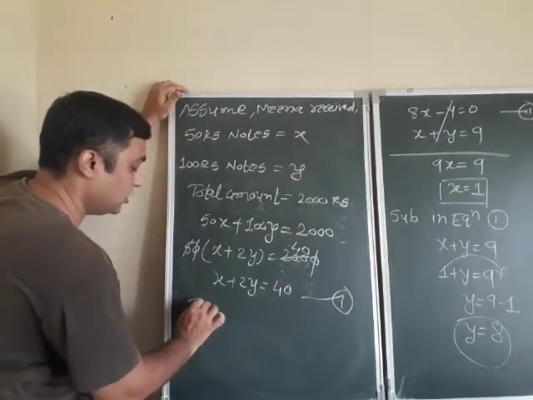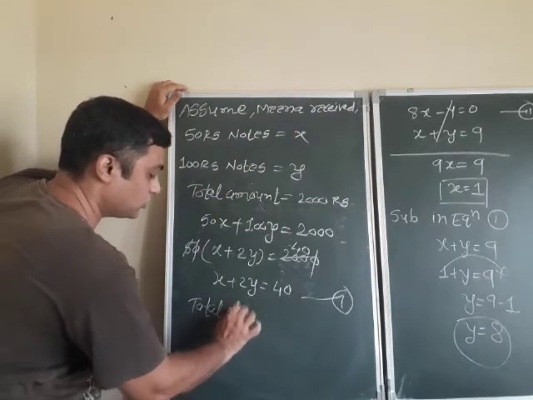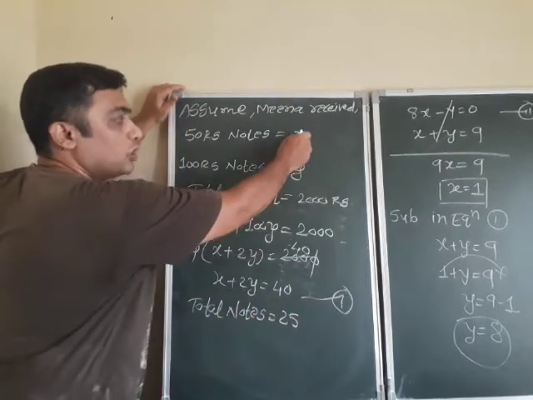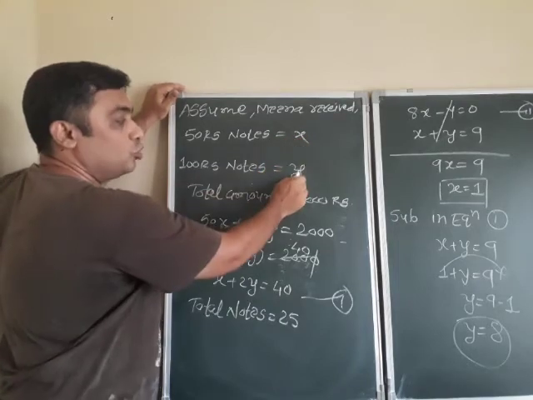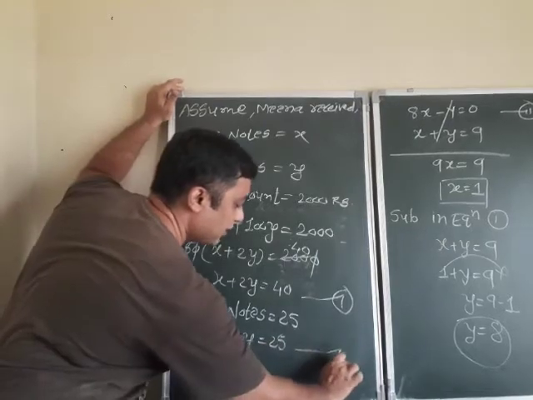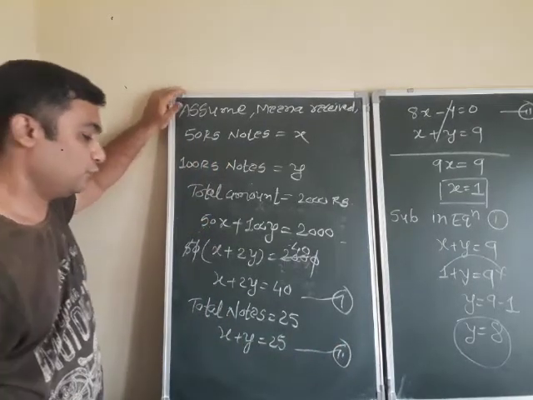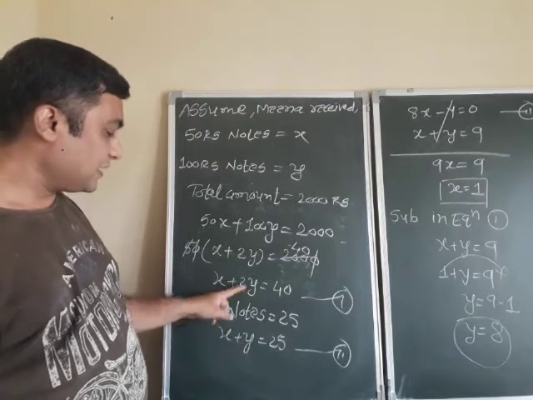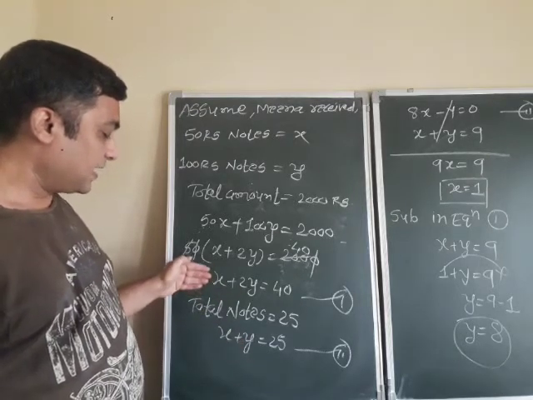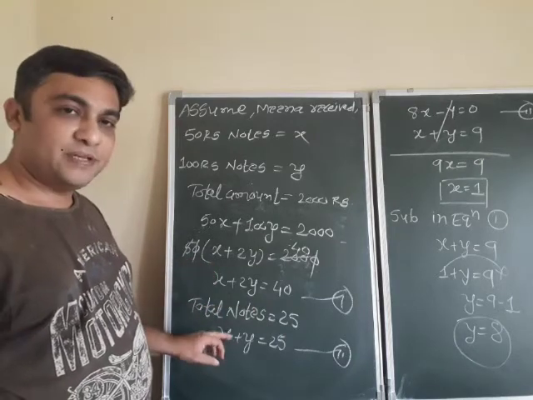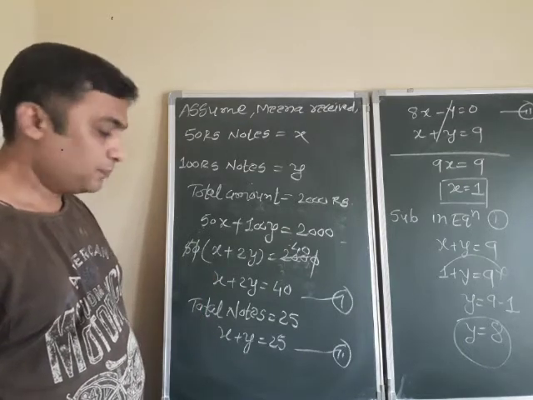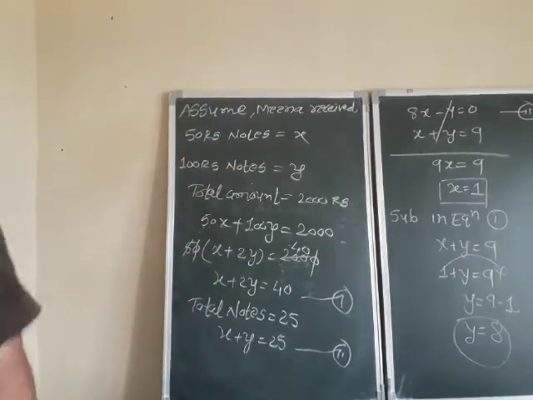So now write down total notes is equal to 25. So total notes is equal to notes of 50 rupees plus notes of 100 rupees. So that is equal to x plus y, which is equal to 25. Equation number 2. Now there is no need to make the coefficients the same because here the x coefficients are already the same. So you just subtract the second from the first, and you will get the elimination of x. Am I right? Because here the coefficients of x are the same. Okay? So now let's see on that board for further solution.